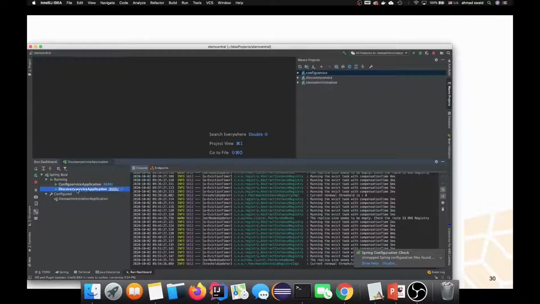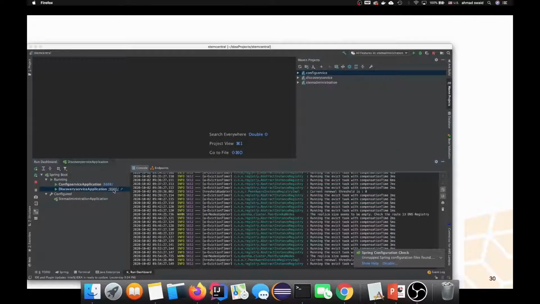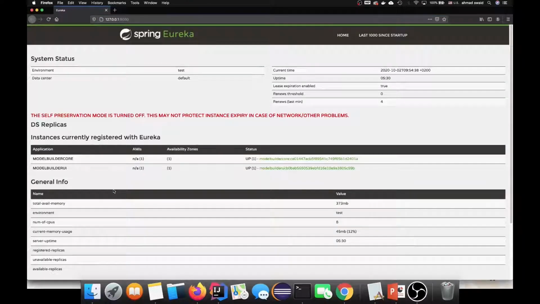And also here you can see that the discovery service is started on port 9000. If I click here, then you see Eureka, and that we have two microservices started. Now we have the core and the user interface microservice. If I click here,